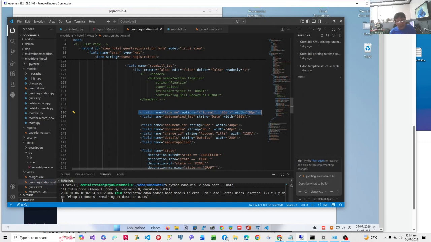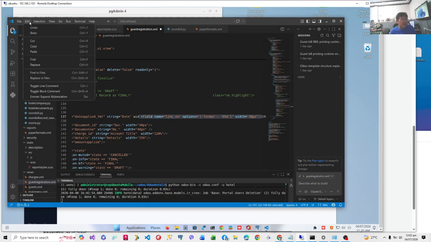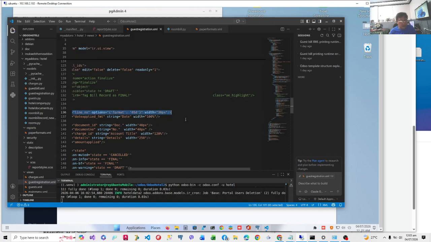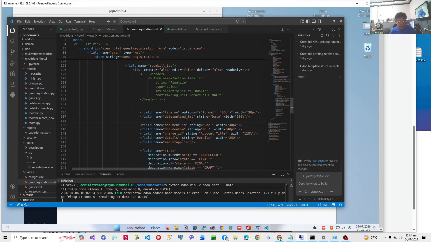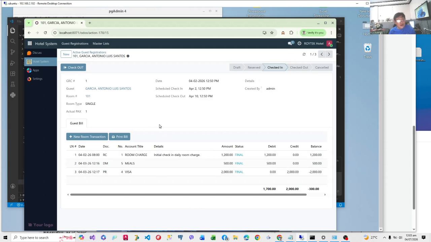Actually, we can do my width here, but anyway, this is a column, so my table width is the property. And then we have a format, 05D, so that we will align the line numbers. Now if you look at our line numbers, they are aligned. I hope you follow.